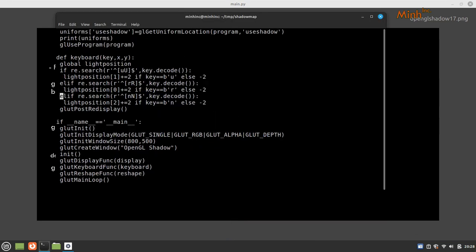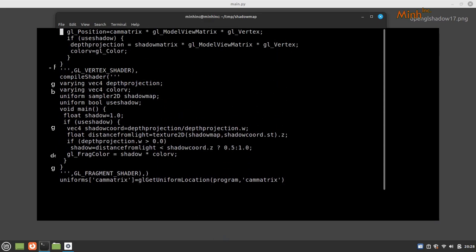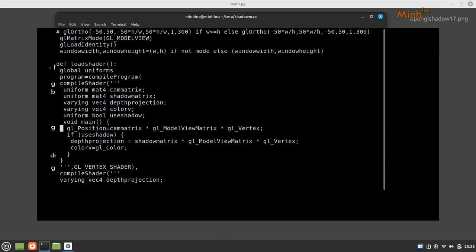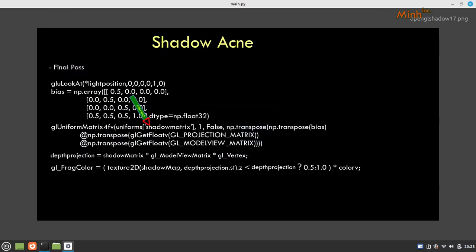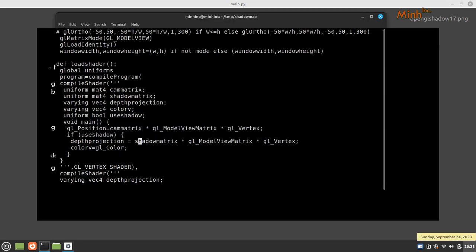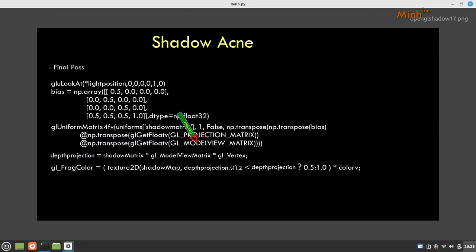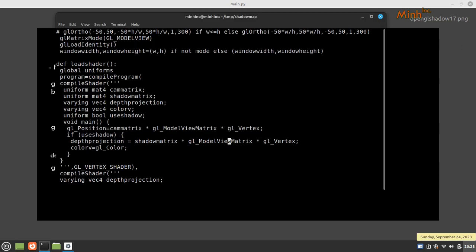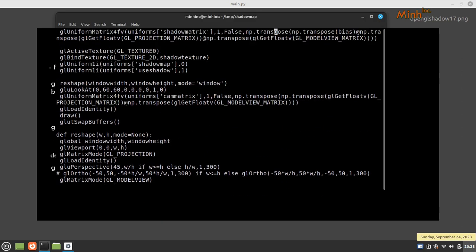If we see the vertex shader code, then we have the shadow matrix, which is the multiplication of the projection matrix, the bias, the projection matrix and the model view matrix, and then the model view matrix that we draw. So if we combine all three,